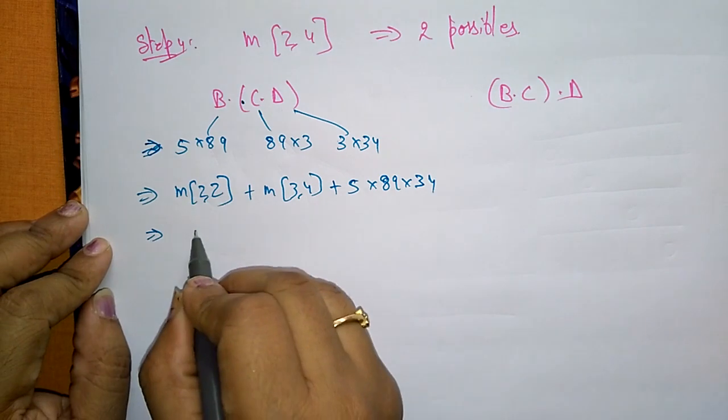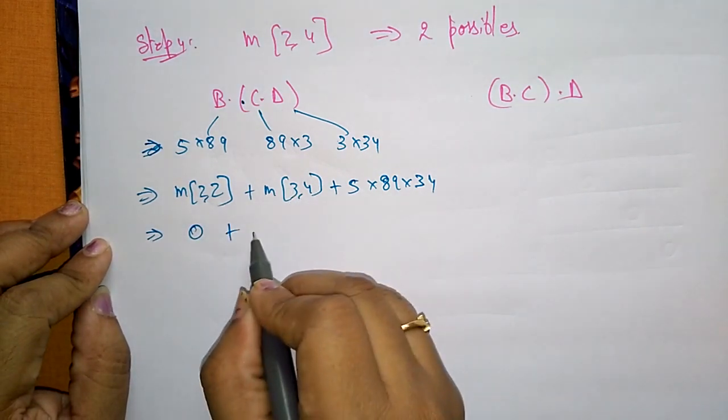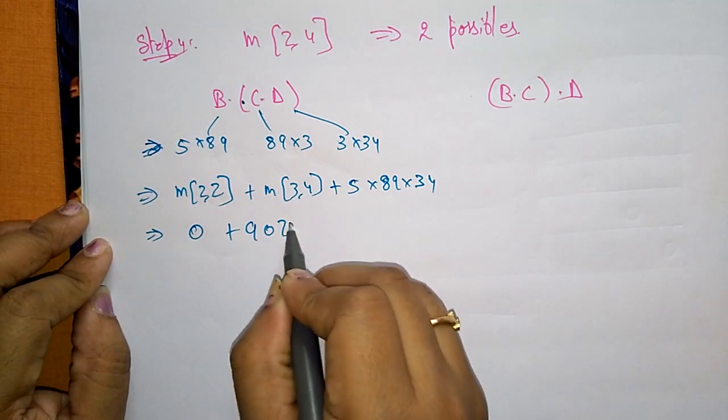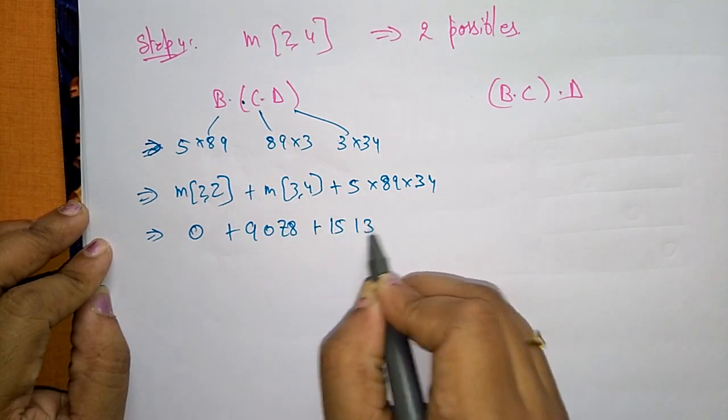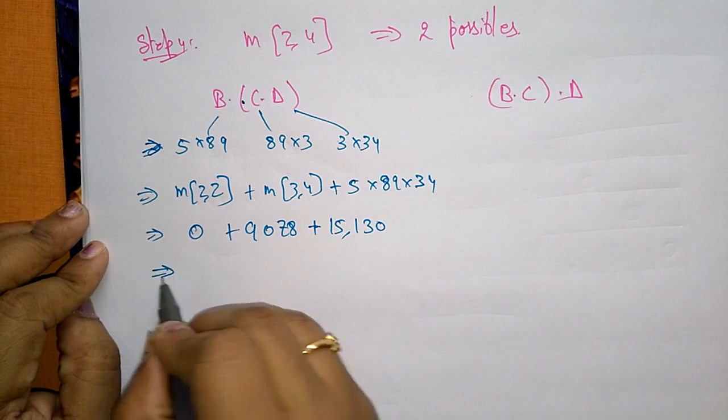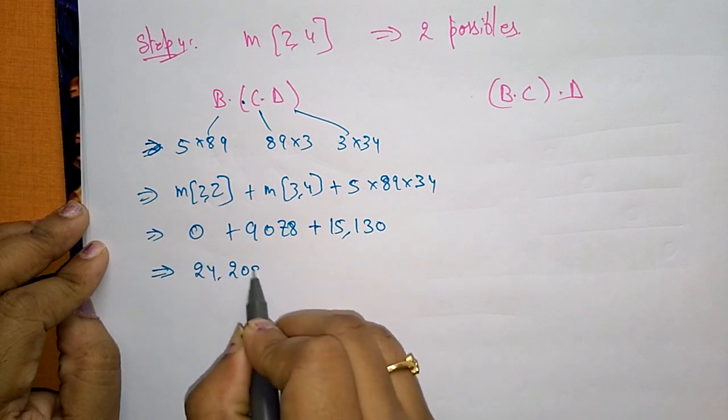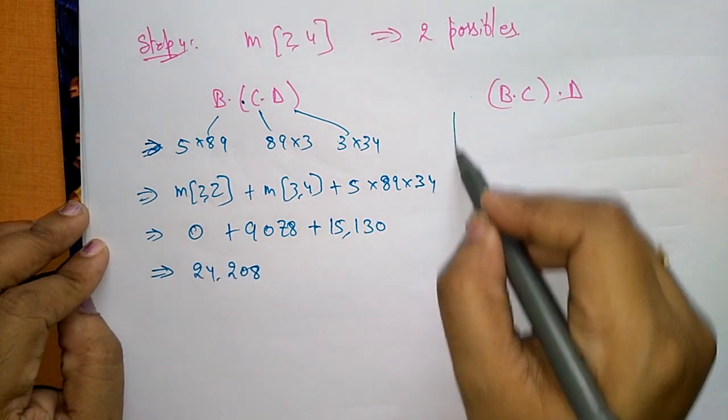So finally M of 2, 2 is 0. M of 3, 4 is 9078, already calculated. And this value is 15,130. So the final answer is 24,208 multiplications required. And for this C,